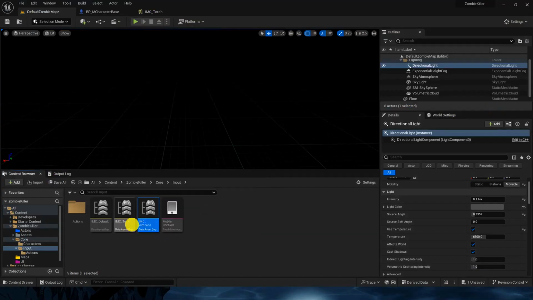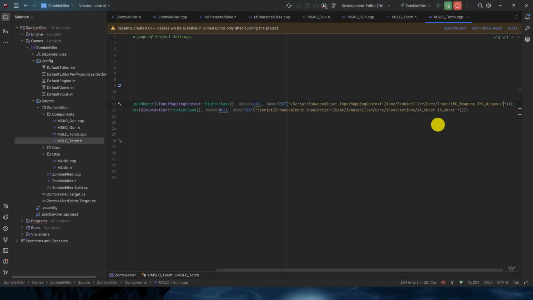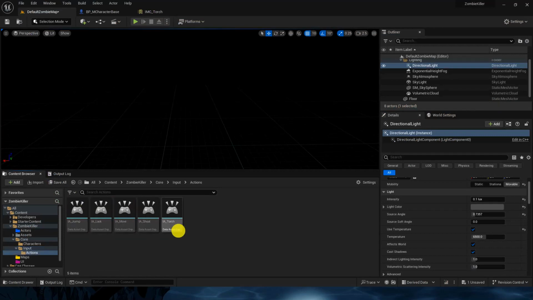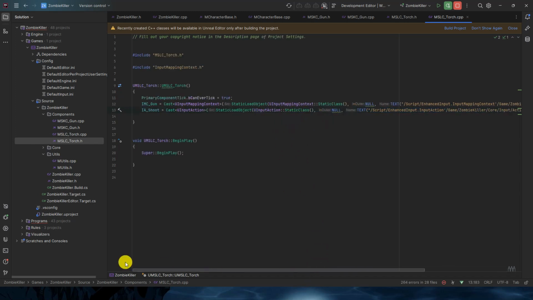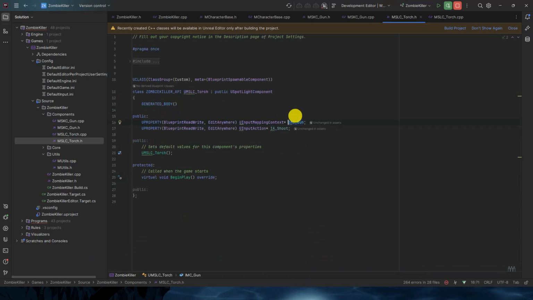I think we have to copy the reference and replace it. IA torch is here. Perfect. In an action, again IA torch, copy reference, we'll copy paste it here. Torch. Perfect. Next thing is we have to change the variable name. It is not for gun, it is for the torch. And IA torch,